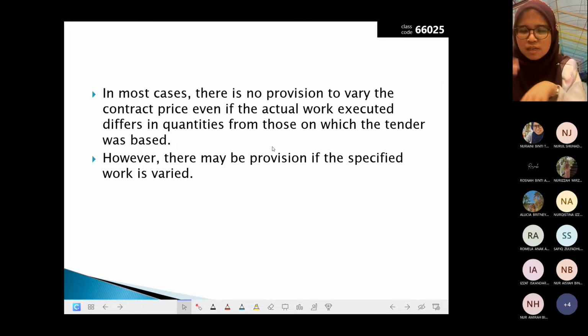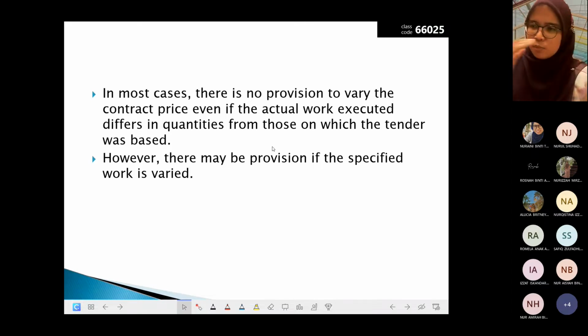Yang tu by budi bicara lah. Okay, biasanya. Sebab dia tak kata pun 200,000 dia cover material apa. I mean price untuk simen berapa, price untuk besi berapa. So dia akan jadi kerugian tu sama ada ditanggung oleh klien ataupun kontraktor. Okay, so kalau harga naik, so kontraktor rugilah. So klien dia untung lah kan. Okay, so mungkin